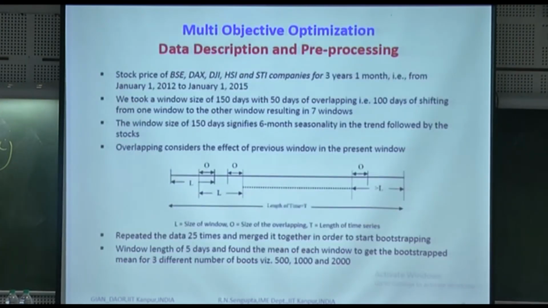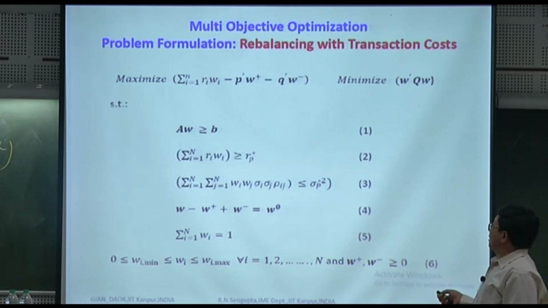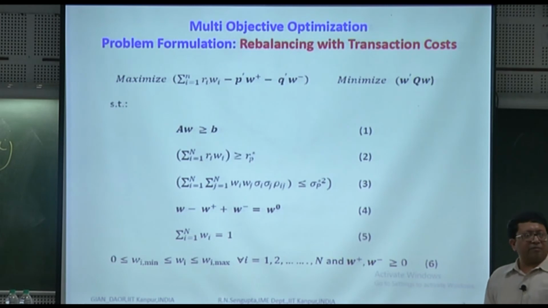Now, how do you solve the problem? Once you have the data, if you go back to this problem, consider it like this. These are the objective values, and considering the reliability framework, consider this is deterministic. There is a probability here, there is a probability here. The probability of this being greater than R star P is beta 1. The probability of this part being less than or equal to sigma square star is greater than beta 2. And these are just some constraints which you have put.